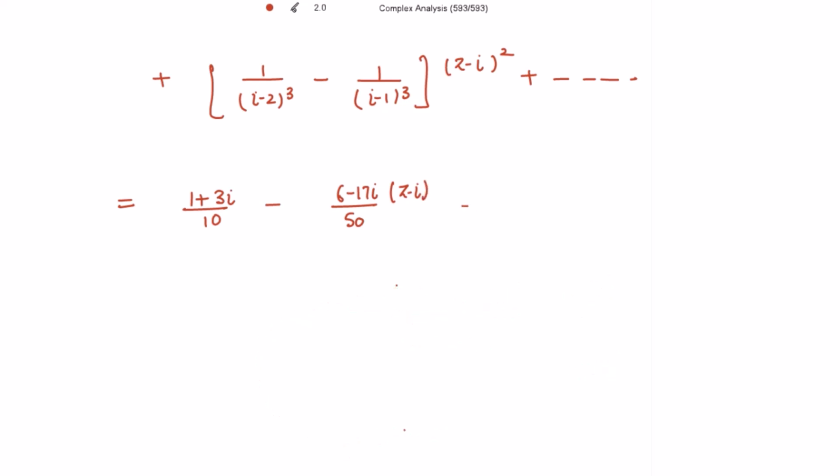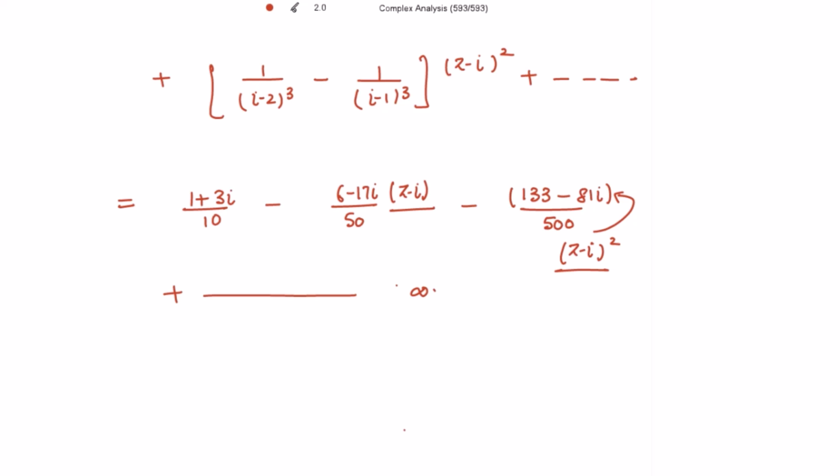Similarly, the third term will be minus 133 minus 81 iota divided by 500 and multiplied by z minus iota whole square. This is in the numerator, right? So on, up to infinity. It is enough to solve the first three terms because we need to show the powers in z minus iota